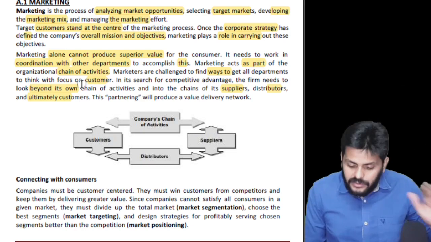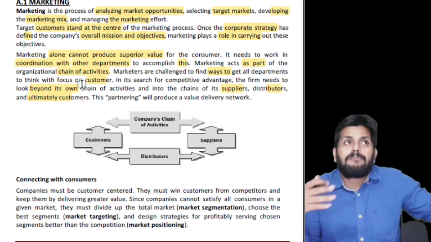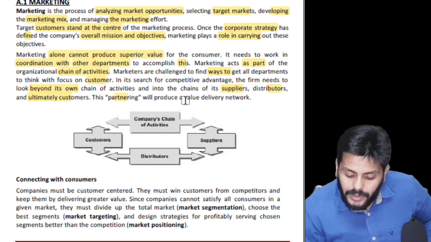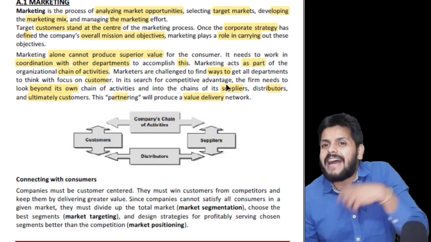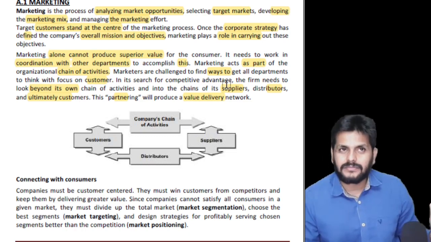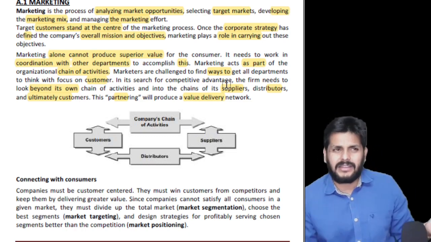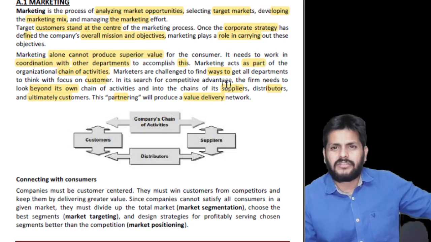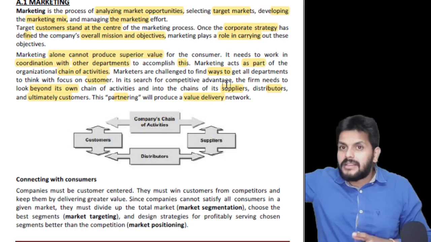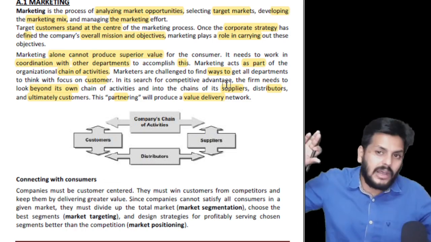But all I'm saying is there should be a link. Sir, if we partner up and have a proper link, what will happen? This partnering will produce what is called a value delivery network, not simply a product delivery network. A lot of product delivery networks are there where people just throw the product at customers, that everybody can do. But if you are partnered up with the supplier in the right way, if you're partnered down with your logistics